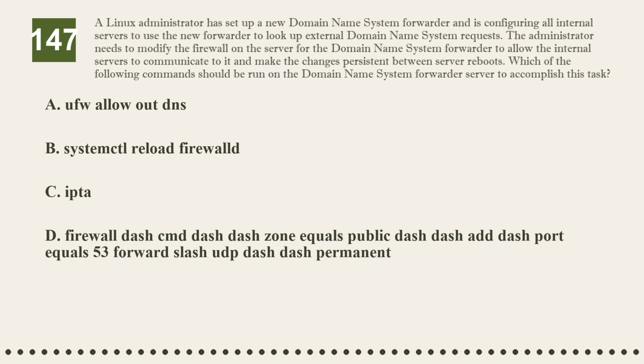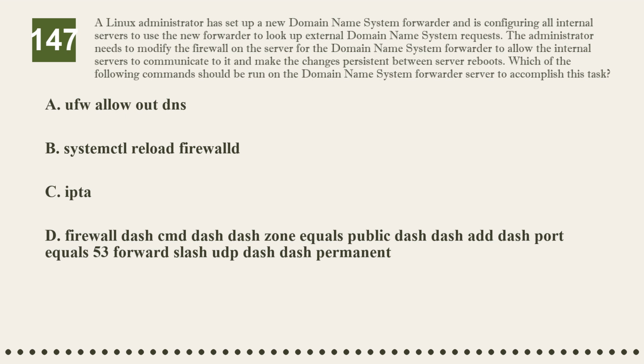Question 147. A Linux administrator has set up a new domain name system forwarder and is configuring all internal servers to use the new forwarder to look up external domain name system requests. The administrator needs to modify the firewall on the server for the domain name system forwarder to allow the internal servers to communicate to it and make the changes persistent between server reboots. Which of the following commands should be run on the domain name system forwarder server to accomplish this task? Option A, ufw allow out DNS. Option B, systemctl reload firewalld. Option C, iptables. Option D,